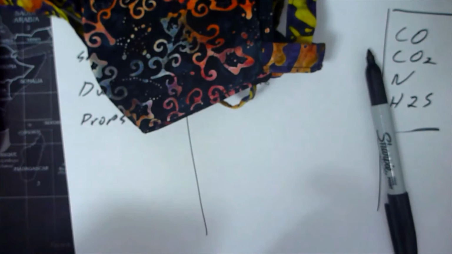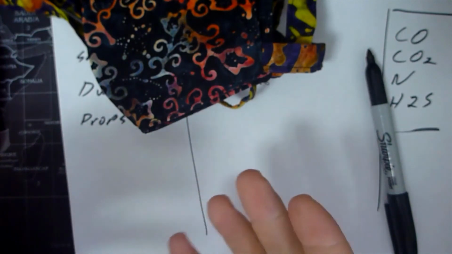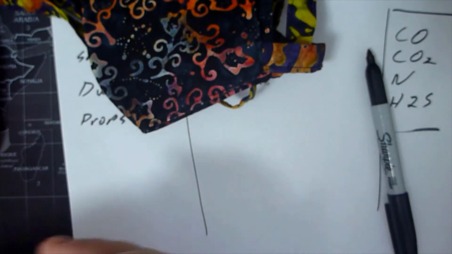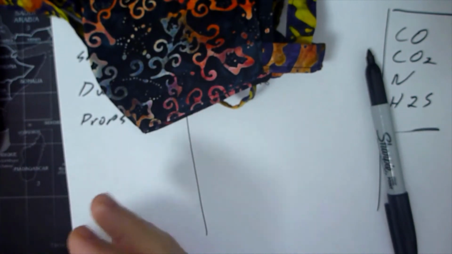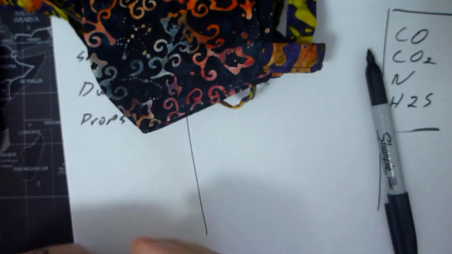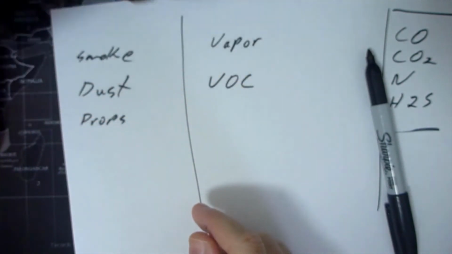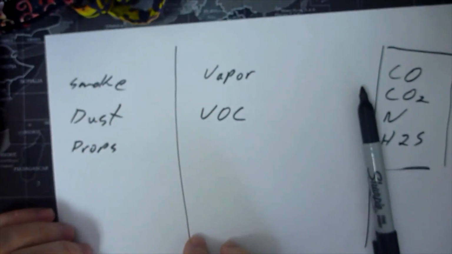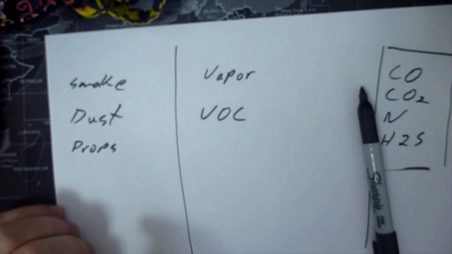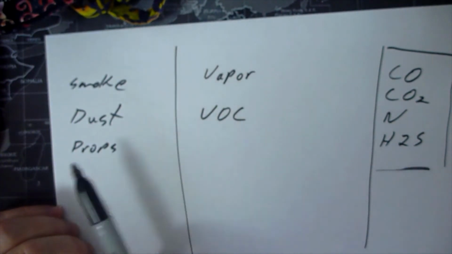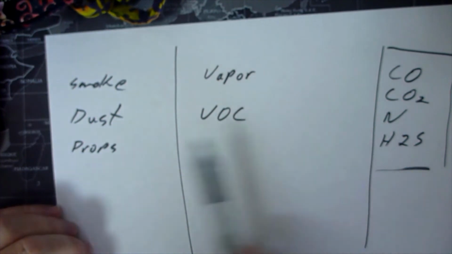Now, thinking about some other little details, how warm or cold is it going to be outside when you're wearing your mask? Do you have a beard? Do you have long hair? Do you wear glasses? Do you wear contacts? All those things are going to be factors that you're going to have to keep in mind as you build your threat model. So think about what's likely. Think about what you need. You may need more than one set of masks. You may need more than one type. And you also need to think reasonably about your quantities.